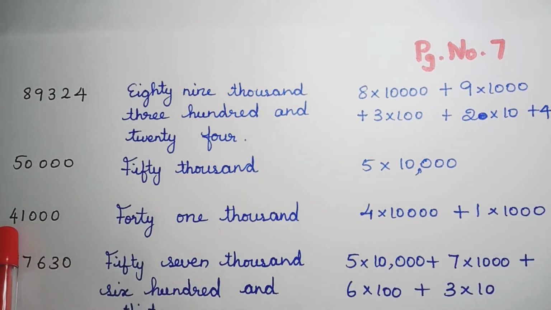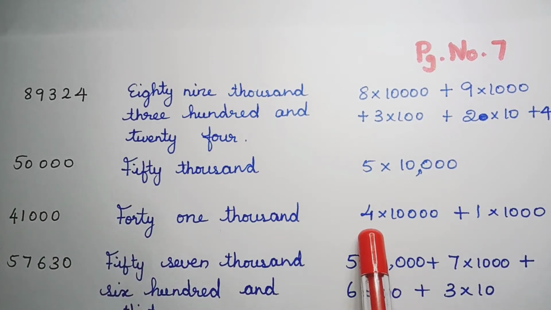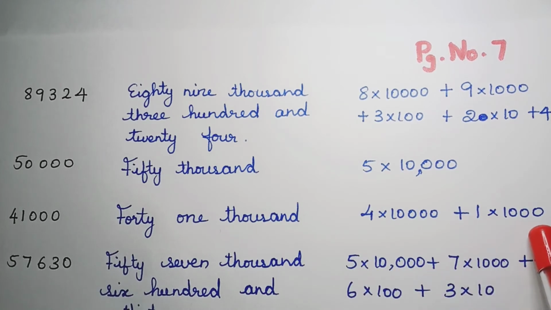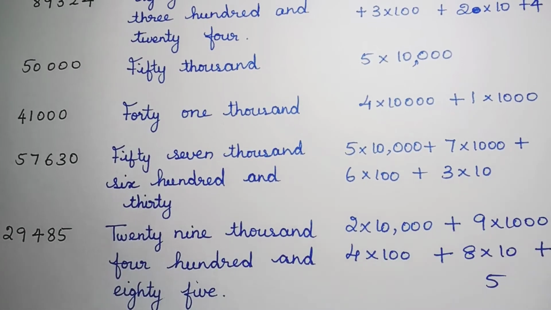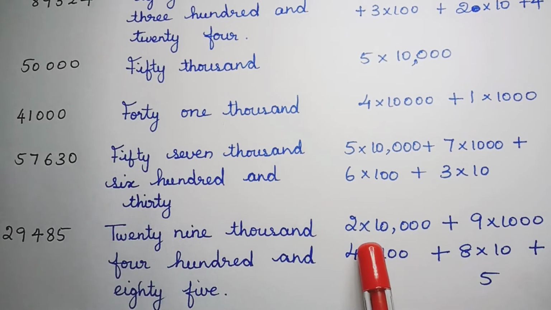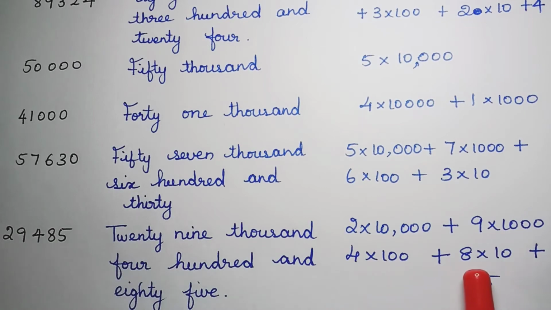So the next number is 41,000. Okay, so the number name is 41,000. When you expand, the value is 4 into 10,000 plus 1 into 1000. The next number is 57,630. When you write the expansion, it is 5 into 10,000 plus 7 into 1000 plus 6 into 100 plus 3 into 10. Okay, so the next number is 29,485. The expansion is 2 into 10,000 plus 9 into 1000 plus 4 into 100 plus 8 into 10